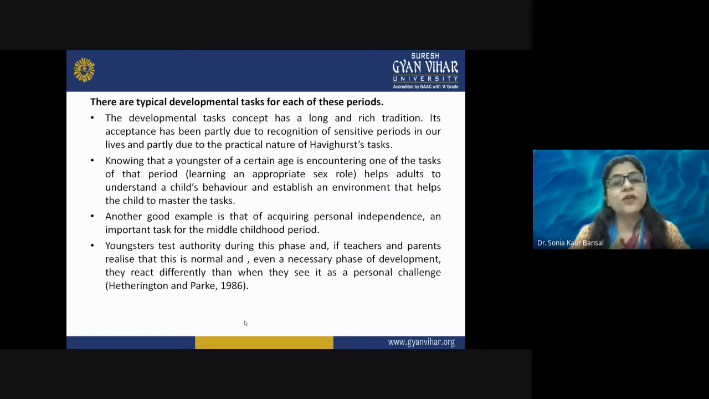And we can give another good example, that of acquiring personal independence. Personal independence, like doing our own work in our own way. So an important task for the middle childhood period is considered about it. So youngsters test authority during this phase, and if teachers and parents realize that this is normal and even a necessary phase of development, they react differently